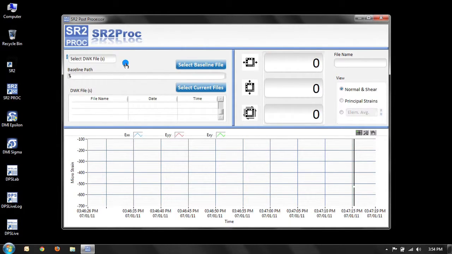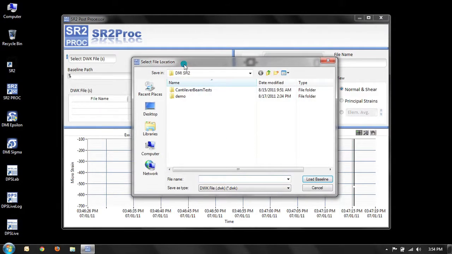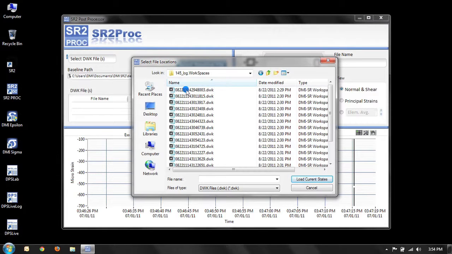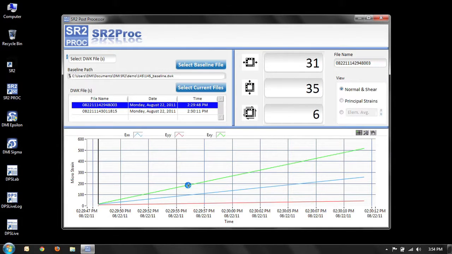The user may select the data to process in one of three formats. The default is to select a baseline DWK file and the current DWK files that you would like to evaluate. This option allows the user to select specific data points and evaluate them. Simply select a baseline file and then click on Select Current Files in order to import the specific data points that you would like to evaluate. I will select the first 2 points just to illustrate how easy it is to evaluate specific data. As you can see, the data is automatically graphed